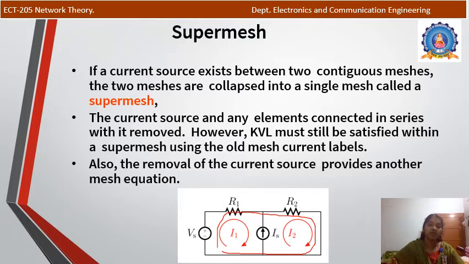Can you get the idea of what a super mesh is? Super mesh means that in between two meshes there exists a current source. Okay, because of this current source, we can't write the KVL or voltage-current equations in that complete mesh. So we will avoid that mesh and form a super mesh and write the equation by excluding this current source in between two meshes. Okay,